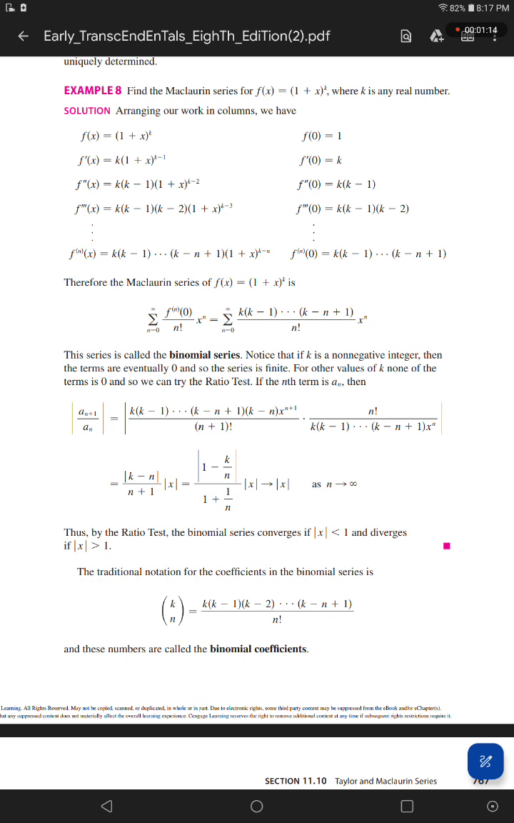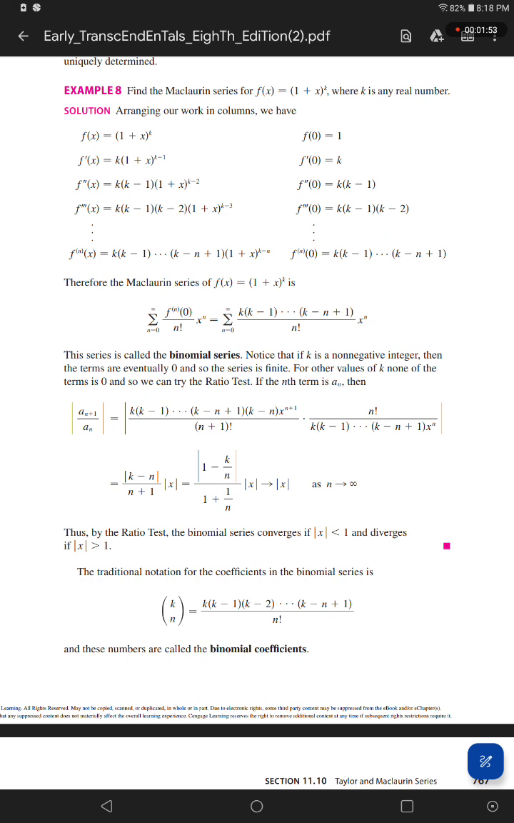The nth derivative, f^(n)(x) = k(k - 1) ... (k - n + 1)(1 + x)^(k-n). The nth derivative at 0, f^(n)(0) = k(k - 1) ... (k - n + 1). Therefore, the Maclaurin series of f(x) = (1 + x)^k